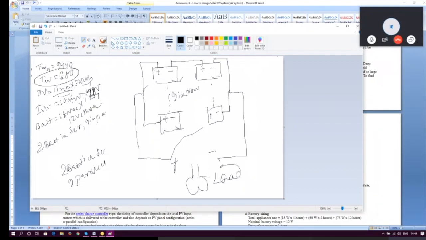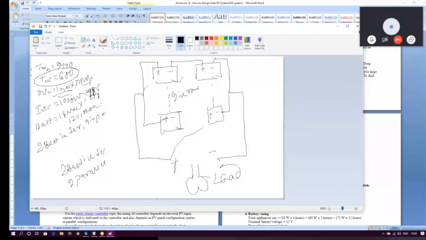So we have done roof analysis, next the off-grid load analysis, then the PV calculation, which has come as 11 numbers of 325 watt panels. Next is an inverter, which might be required, might not be required. If required, total wattage into 30% higher, only in case of AC load. If DC, it is not required. Next is the battery calculation, for which we have used the formula: total watt hour into days of autonomy divided by 0.85 into 0.6 into nominal voltage. Once we do it, we will get the total number of batteries.